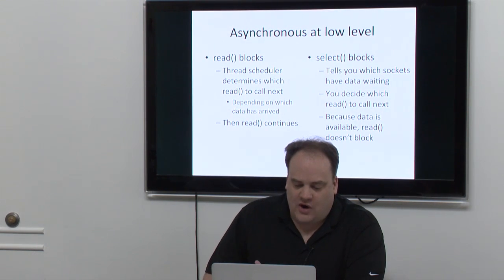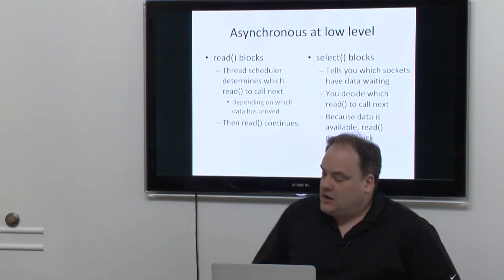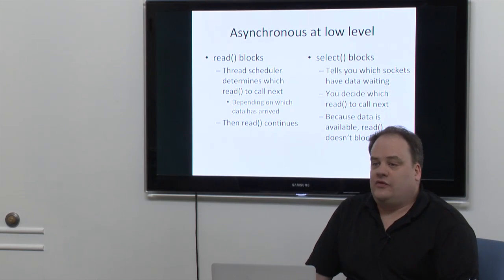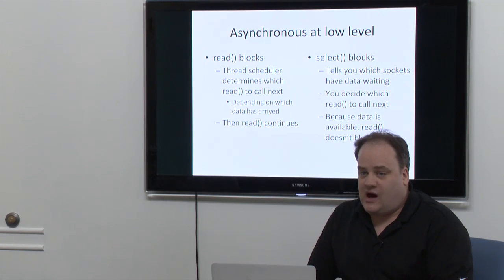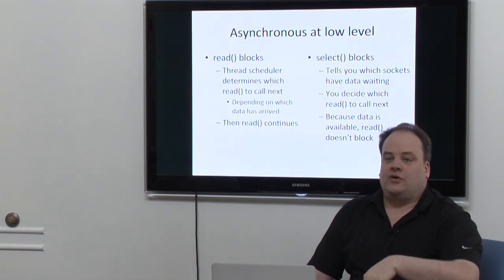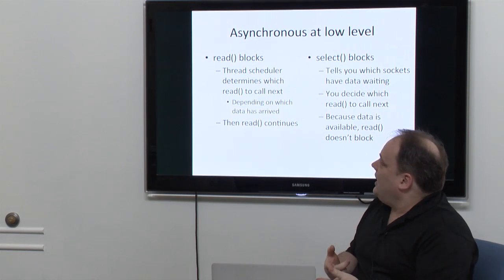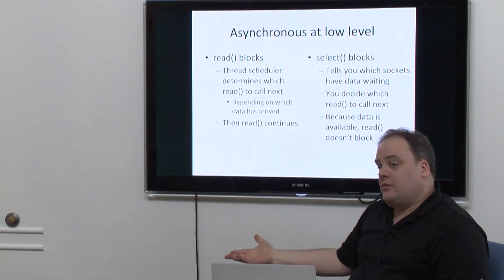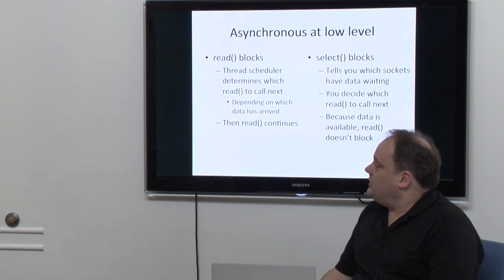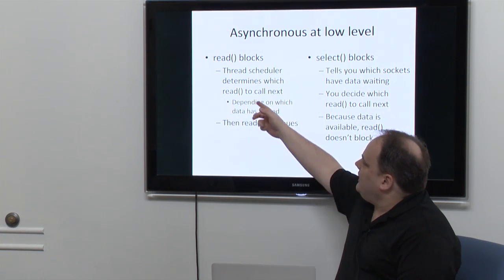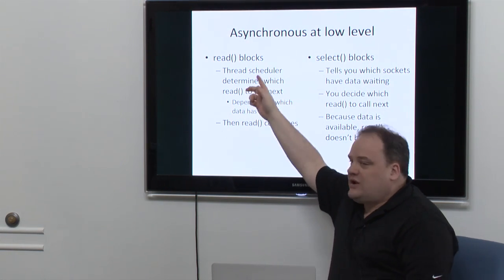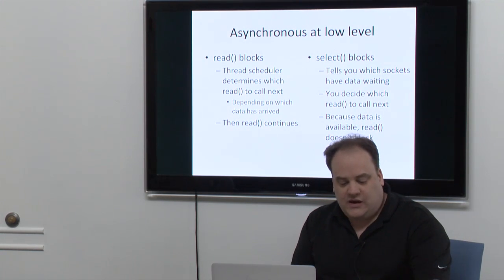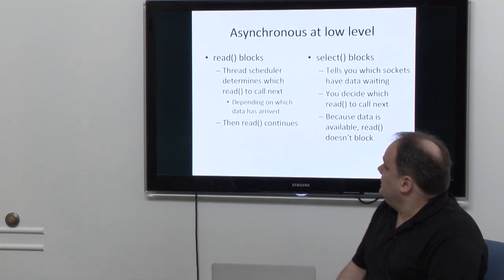So to start with, let's talk about asynchronous programming. When Apache works, it calls the read function, and if there's no data on the socket, it blocks and the thread stops. Then the thread scheduler goes into the kernel and finds another thread that had called read in the past that now has data arriving from the network. The thing about that architecture for Apache is that your thread scheduler is now your packet scheduler. And that's the problem, it's a very, very, very inefficient packet scheduler.